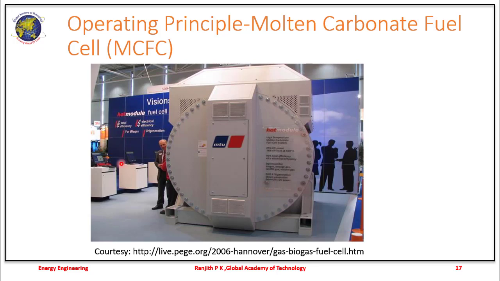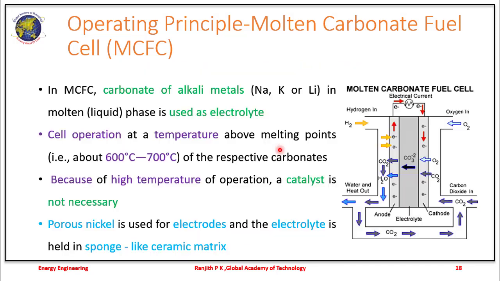The next type of fuel cell is a molten carbonate fuel cell. The physical appearance of this cell looks something like this. So what happens here is a carbonate of alkali metals, usually sodium, potassium or lithium, in the liquid phase or in the molten phase is usually used as an electrolyte here,